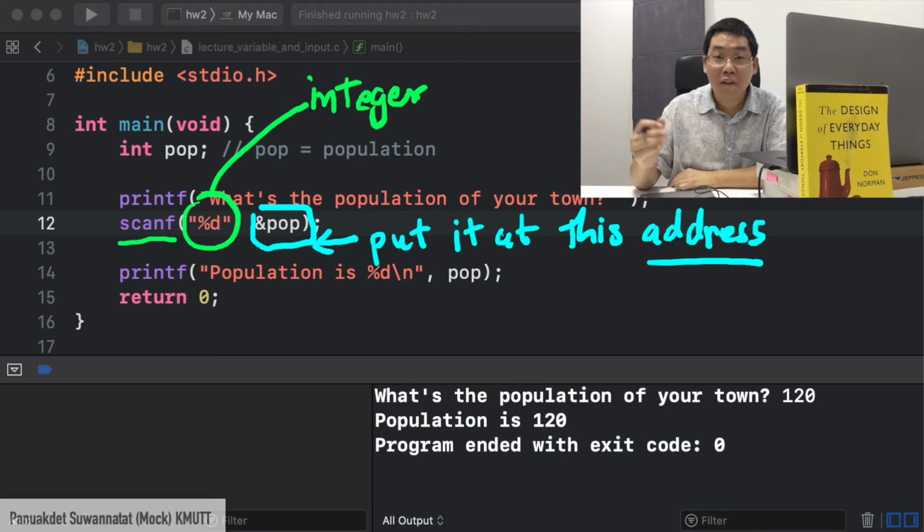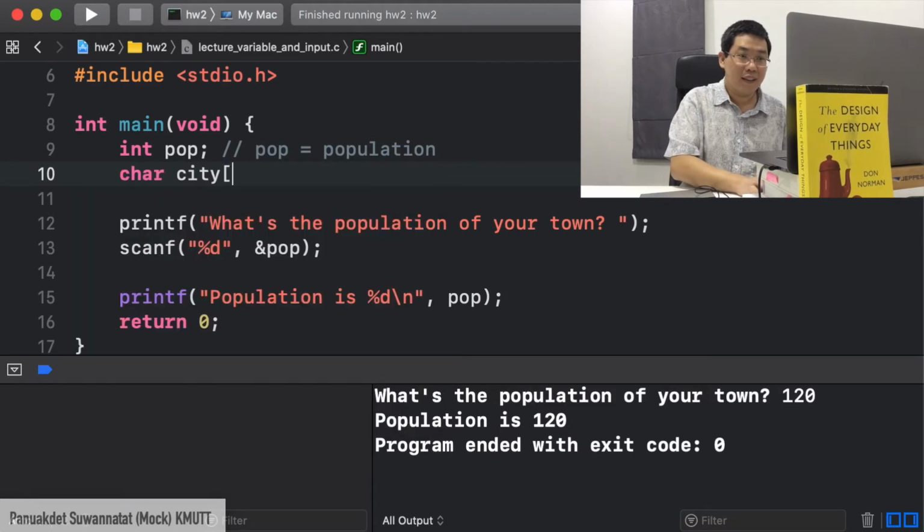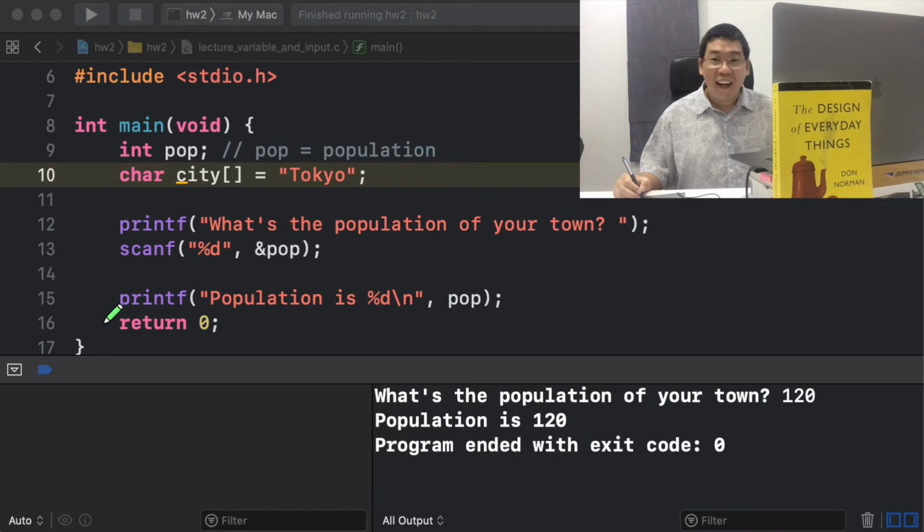We want to have a variable called city. City is a text. In fact, text is not a correct term. We will call it a string. City is a string, and we will have Tokyo as the initial value of city. We will write it like this in C. Wow, that was easy. Let's take a look at what we just wrote.